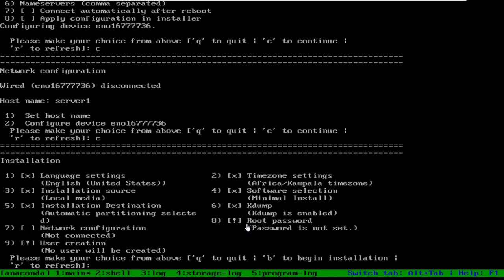That means in Windows there is one account which can do anything in your system. It has the full access of your system, and that account name is administrator.